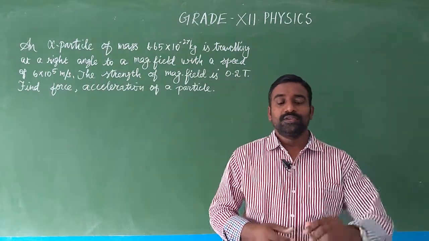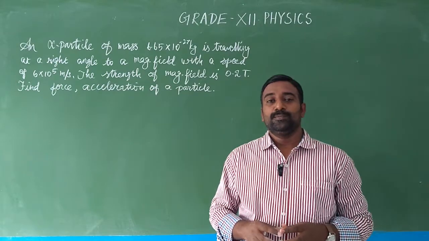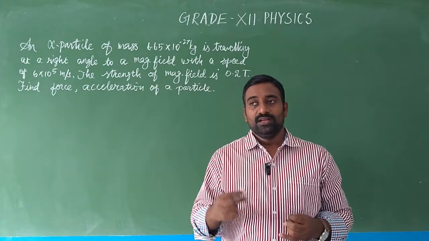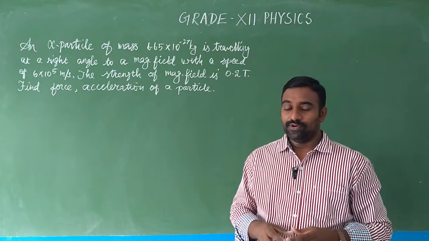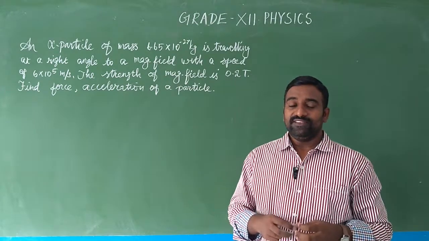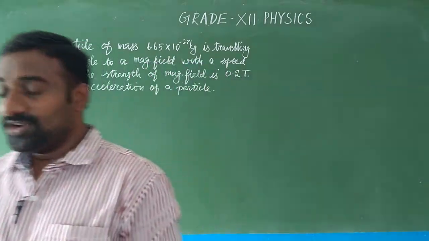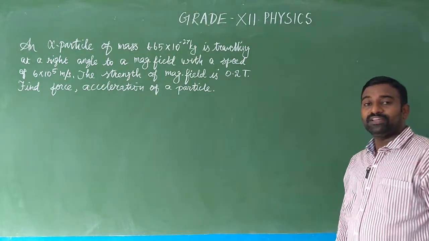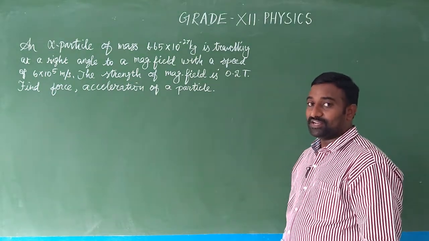Good morning to all. In the last class we saw the introduction to the fourth lesson, moving charges and magnetism. In the introduction, we first discussed the Oersted experiment. In the Oersted experiment, the deflection of the needle depends upon the direction of the flow of current. With respect to the direction of current, there is a change in the deflection of the magnetic needle. After that we discussed the magnetic Lorentz force. The magnetic Lorentz force is F equals QVB sin theta. Am I right? From that we determined the magnetic field, how to find the SI unit, as well as the dimension formula.